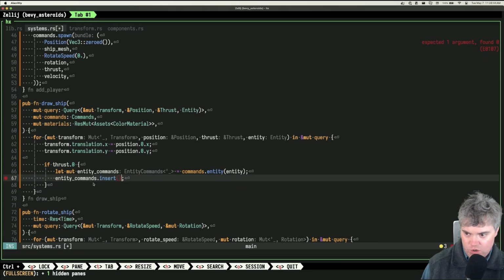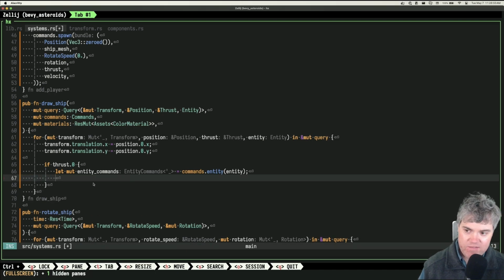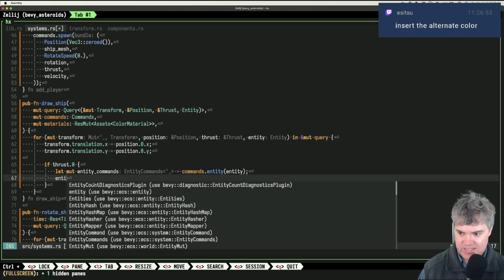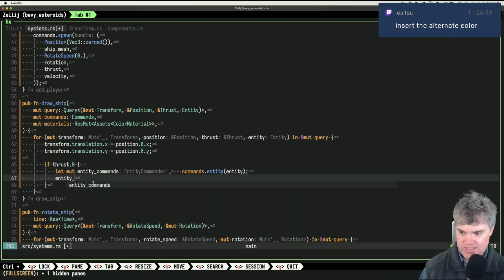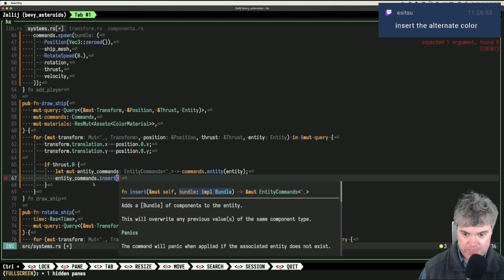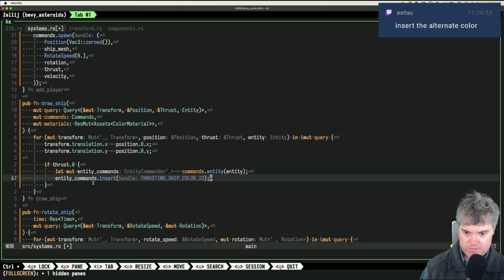Okay, so we have the materials, but I need to tell the entity to switch, insert the alternate color. So if I do entity commands, and I insert the alternate color, and that's going to be thrusting ship color ID, right?